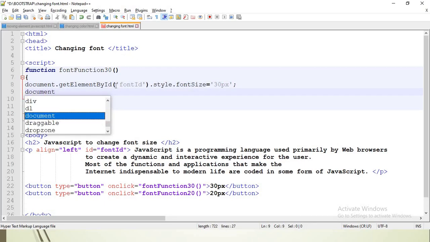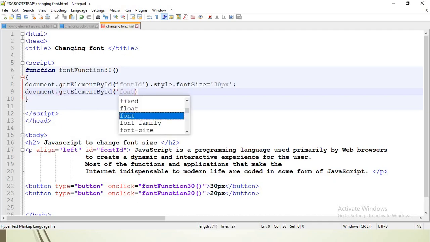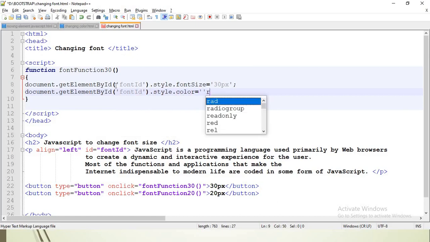So here again I'm using document dot getElementById of the same ID, font ID, because for the same paragraph I have to change the color. Style dot color equal to red. So this is my function for changing the font size to 30 pixels.